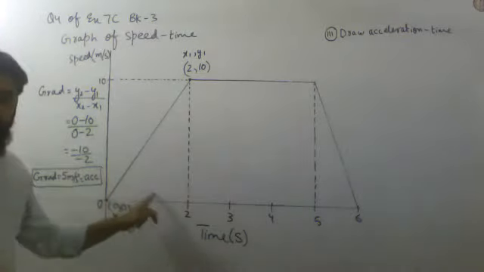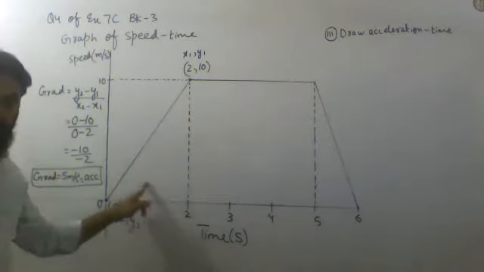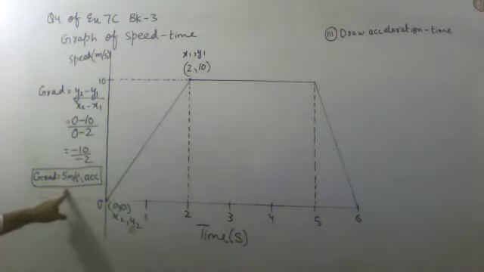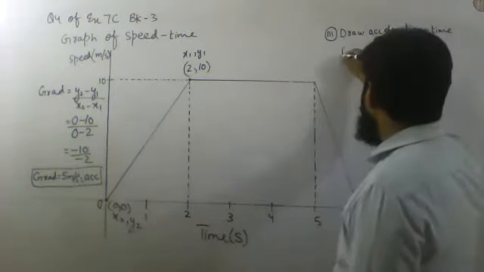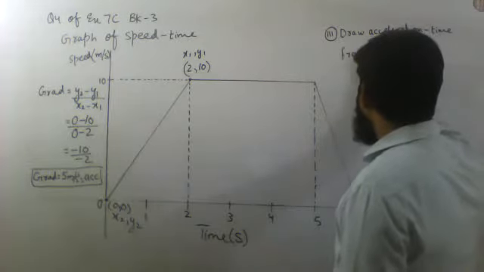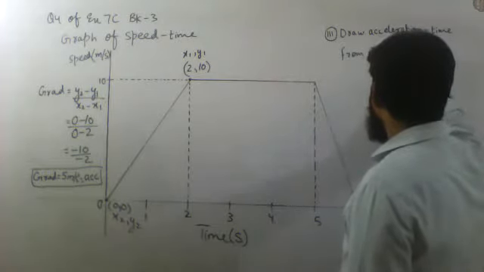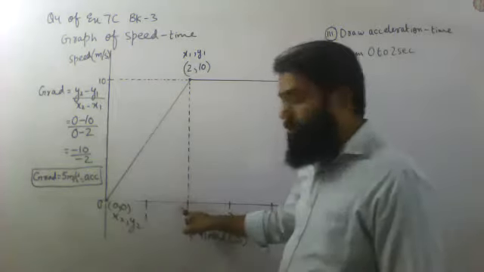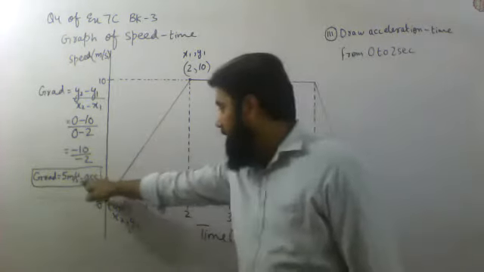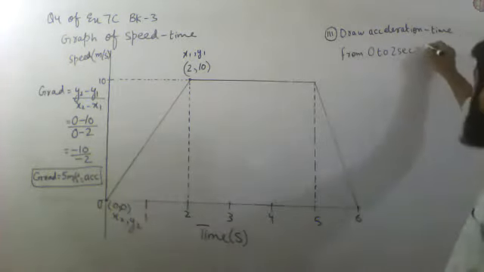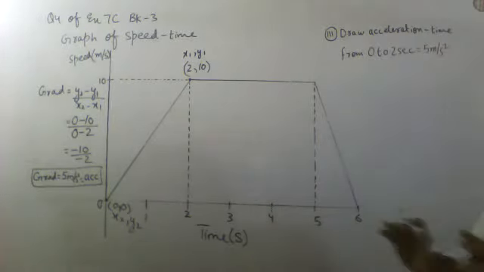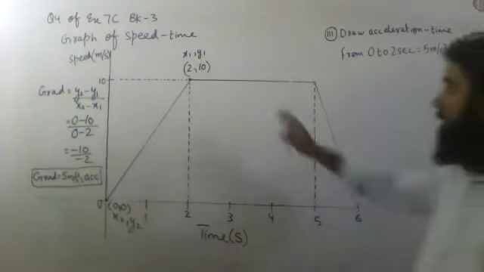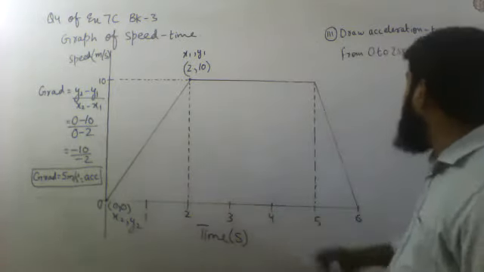In the A part, I have already found the acceleration of this one, and that was coming 5 meter per second square in A part of the question. So I'm writing from 0 to 2 seconds. From 0 to 2 seconds, what was the acceleration? Acceleration was 5 meter per second square. I've already found that. Now, from 2 to 5 seconds,